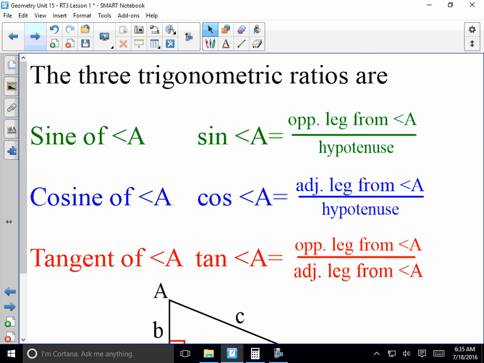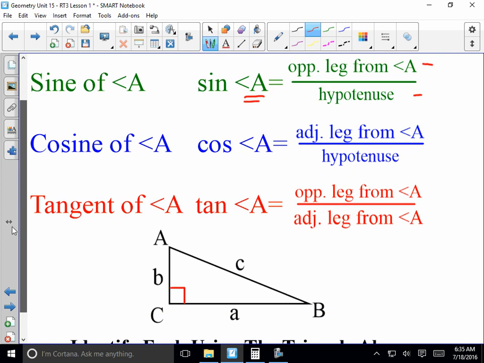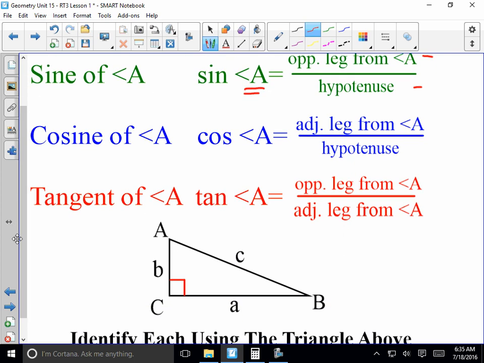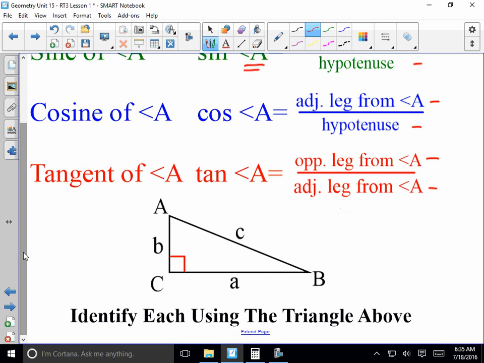Now our trig ratios. The sine of angle measure A equals the opposite over the hypotenuse. The cosine is the adjacent leg over the hypotenuse. And the tangent is the opposite over the adjacent. So now, when we're doing these based on this triangle